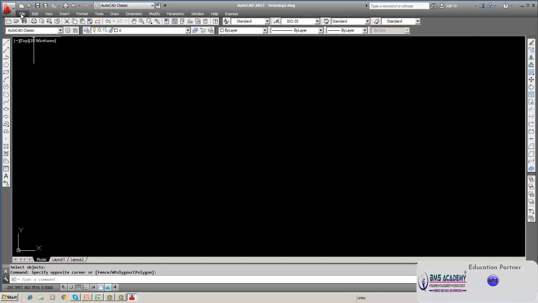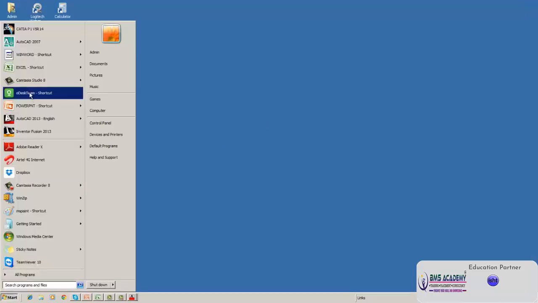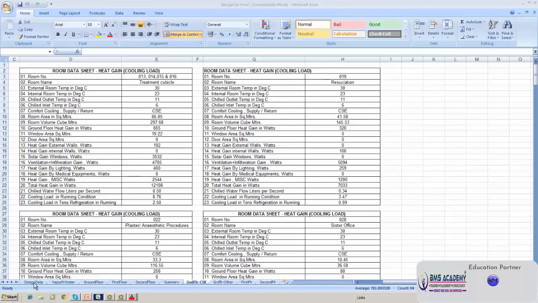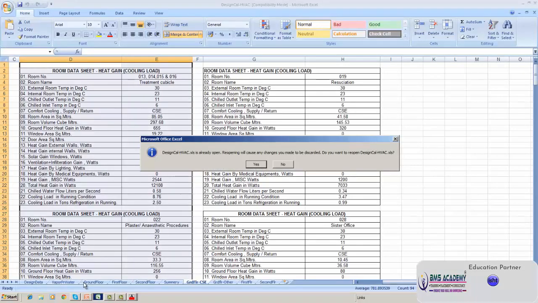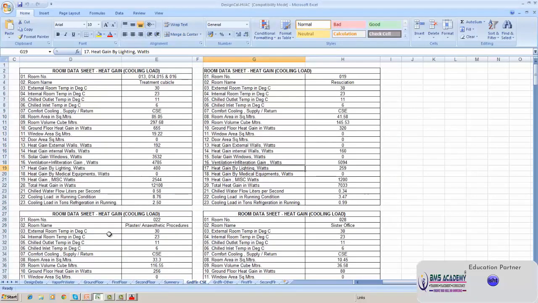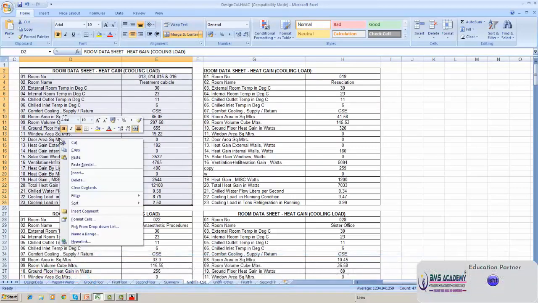See, what I have to do is I will close this and I will open an Excel file. See, there are many Excel files. I will, for example, open one of these files. See, I will open this. This has many sheets. Don't worry, it is not savable. See, in order to paste in AutoCAD, what we have to do is copy, then select the picture, how much you want to copy, suppose you want to copy this much, and on this you copy,